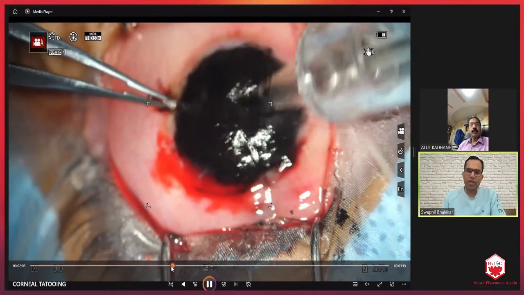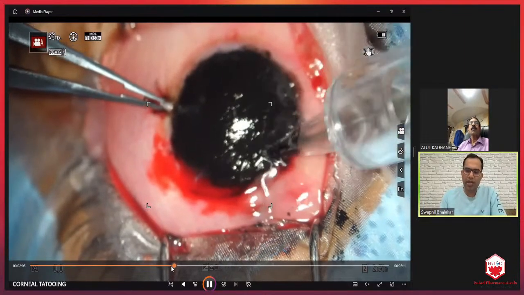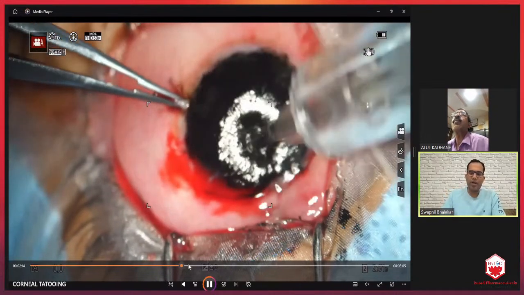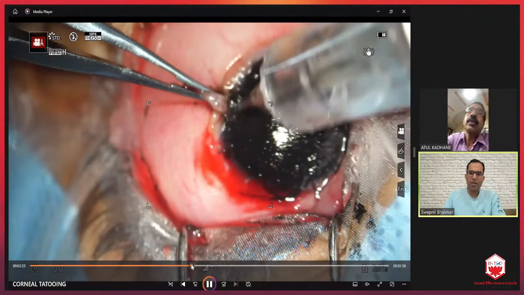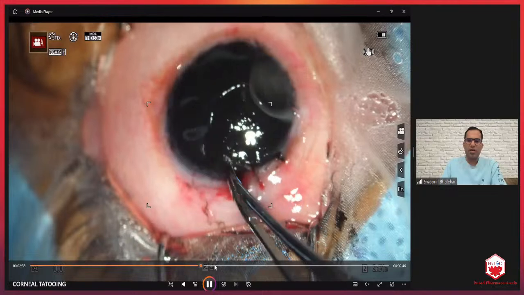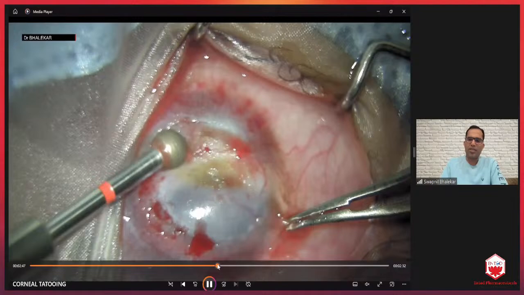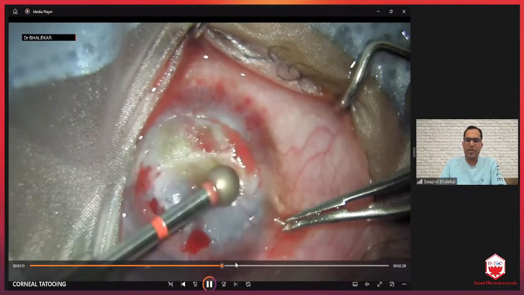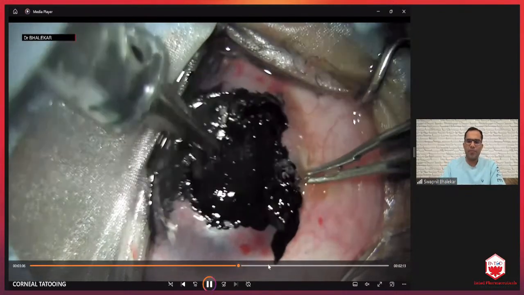This faster movement of the tip gives a very smooth and nice coloring of the cornea so that it will appear uniform. After that you can just apply a BCL. There are some variations. Sometimes you get very bad vascularized corneas. So try to polish it nicely before doing tattooing because it's very difficult to epithelize. And then over that also you can spread the tattoo and use the tattoo gun.